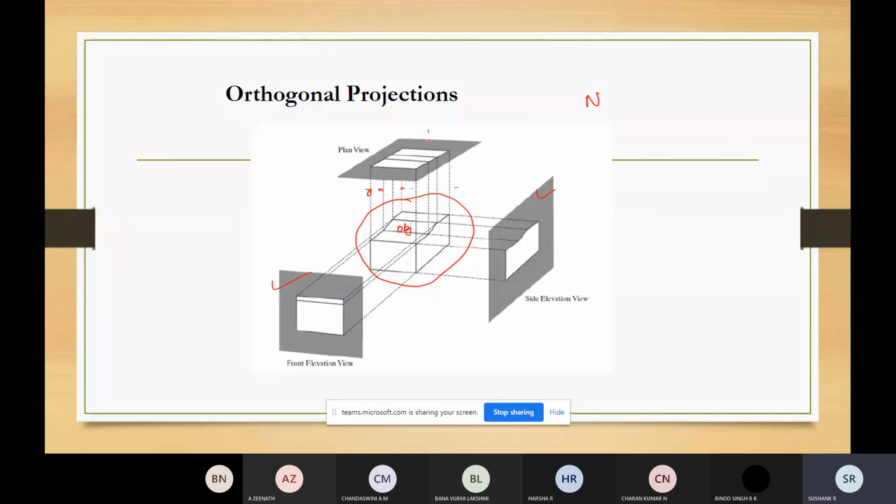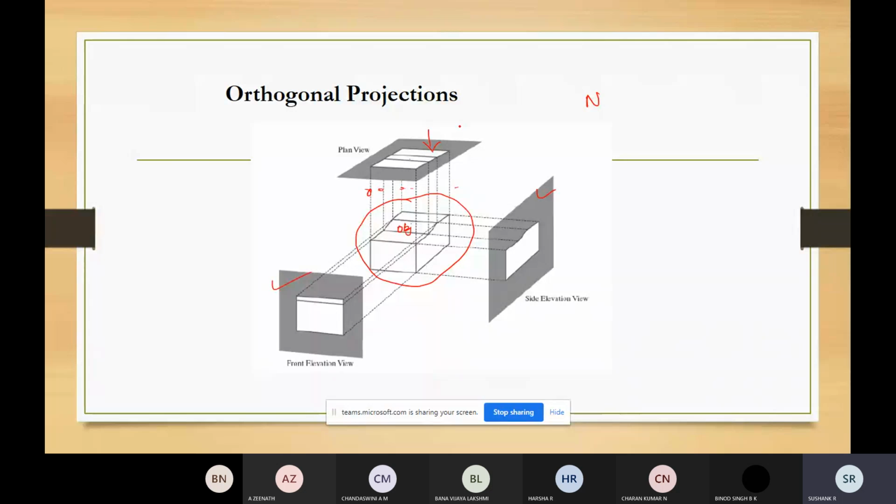And this is the top view. The top view, you will not get any details about the elevation and all. The only thing is you'll get the plan view. So that top view, we'll call it as the plan view. Front and the side view, you can call it as the elevation. Here, for an object we can have the front view, side view, the rear view also, which we can call it as the projection. So when you're seeing the object from the front side, right side, left side, and from the back side, how the object looks. So these kinds of elevations, you can call it as projections, you can call it as elevation. And from the top, when you're looking at the projection, that is called a plan view.